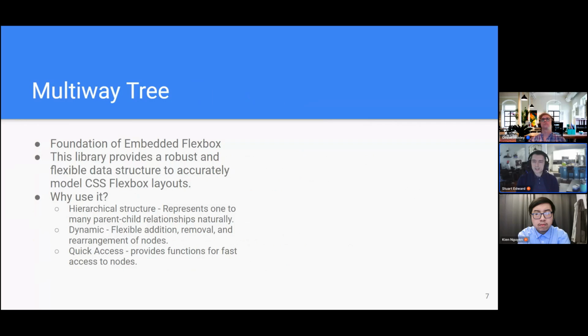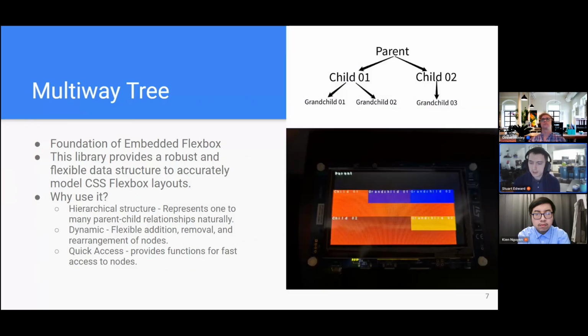The multi-way tree is the foundation of embedded Flexbox. So if you imagine a web page, you have a series of buttons and images and everything that kind of act as layers on the screen. And the screen is built as a series of layers. And a tree is very good at capturing that behavior. So the farthest up root node can behave as sort of the background of the screen, and you just kind of paint more layers onto the screen. And the multi-way tree does a good job of allowing us to capture that behavior of painting